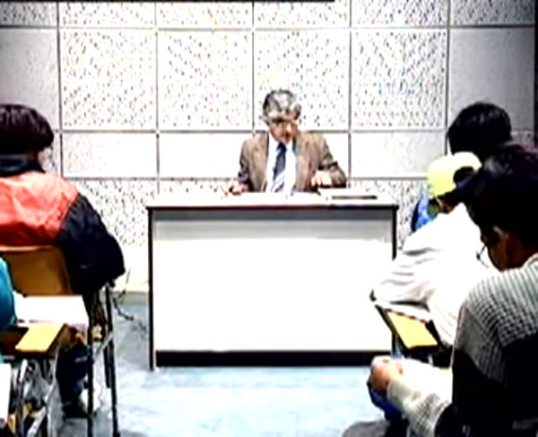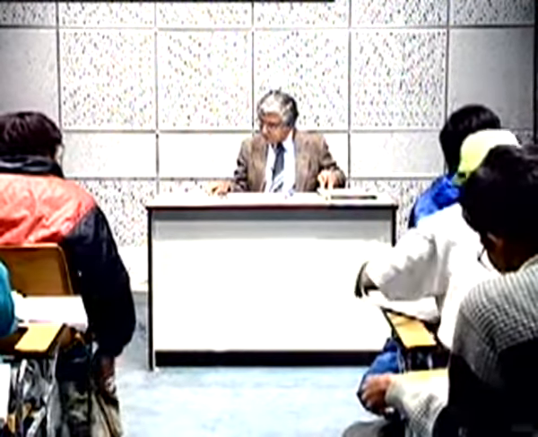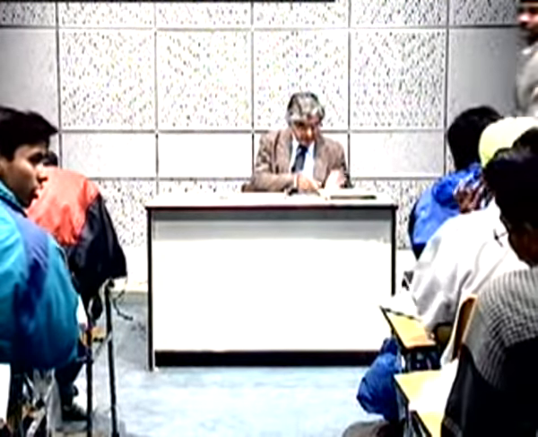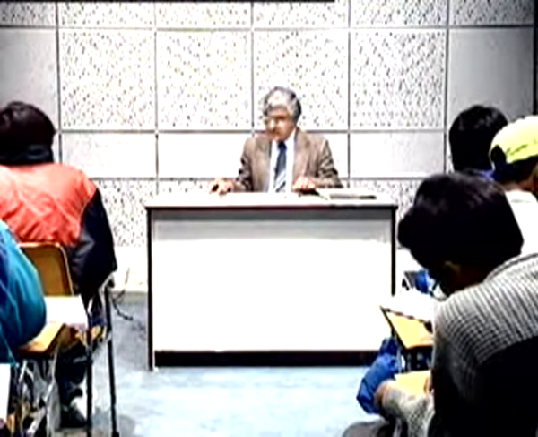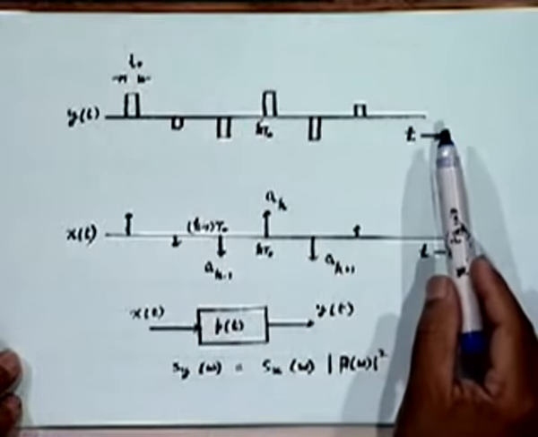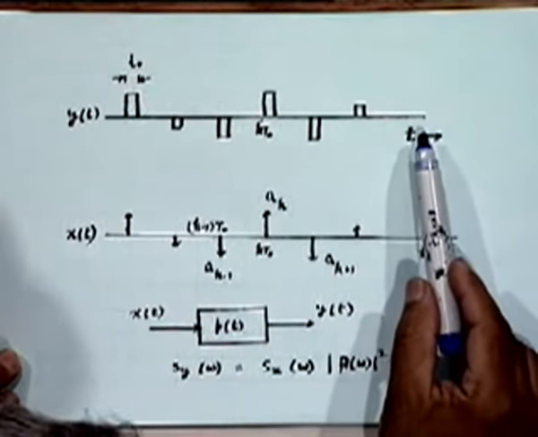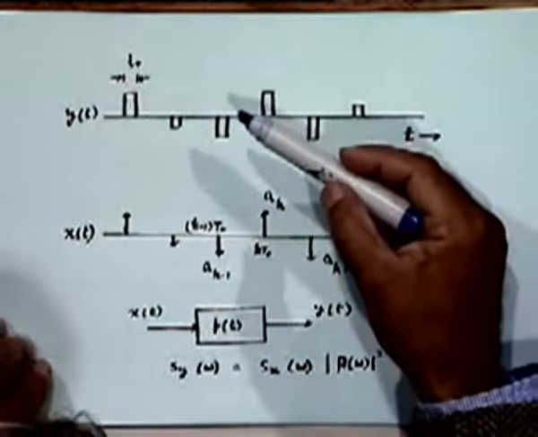We shall talk about spectral properties of line codes. If you may recall, we were interested in looking at the power spectral properties of a line code, a line coded signal which may typically look like this, consisting of